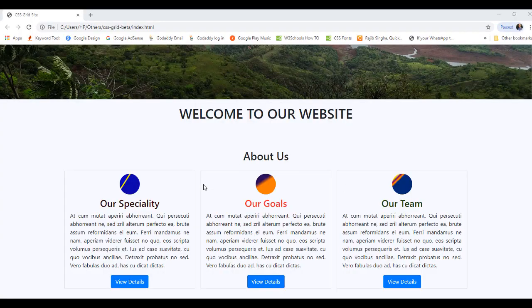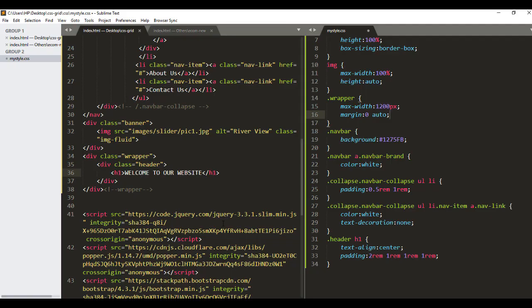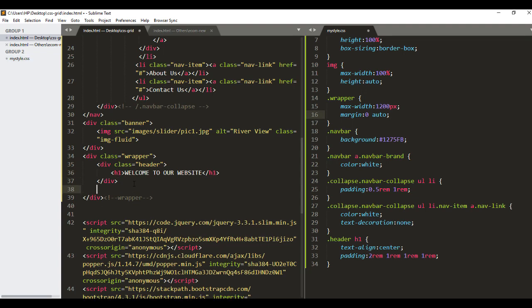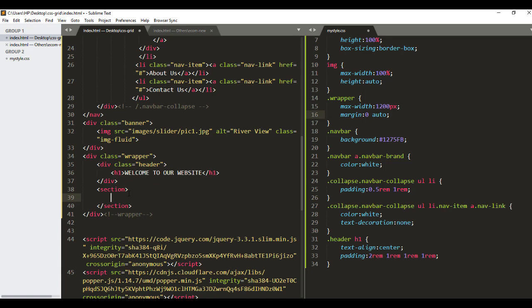Let's now move on to the next section, that is the 3-column layout about us. So we have the first column of specialty, second column of goals, and third one our team. Now let's see how to build this 3-column layout. So inside the wrapper, let me take the first section. I'll make it a separate section, and inside this section I will first add the heading of, say, h2, and for the heading I will say about us,